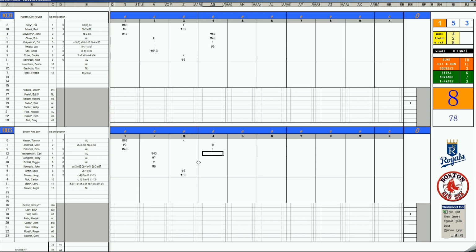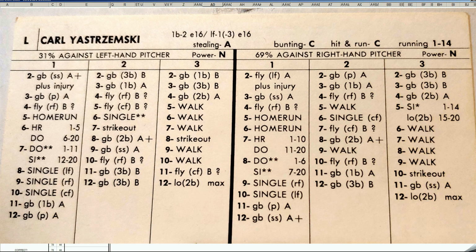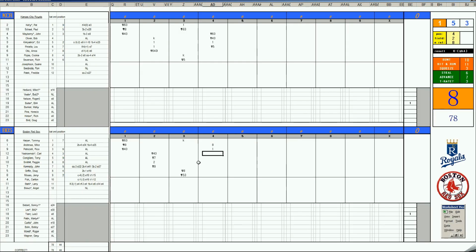1-8. Let's take a look at Yaz's brilliant 1970 card. How can you not win the MVP? Well, that's because Boog Powell played the same position and they won the World Series. Boog Powell had 35 homers and hit like 288, but still, Yaz hit 40 homers and hit 329 with 128 walks. Oh, and by the way, he's an A stealer. I haven't seen Boog Powell slide head first in second base trying to steal before, so then I probably don't want to see that image. Anyway, 1-8 for Yaz is single to left field,